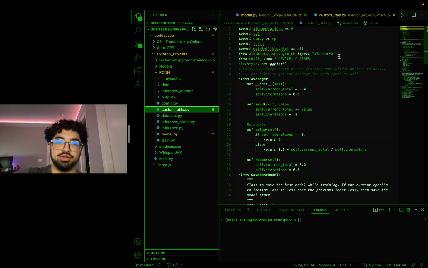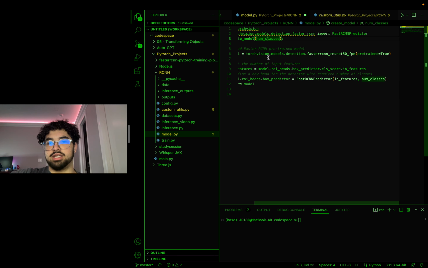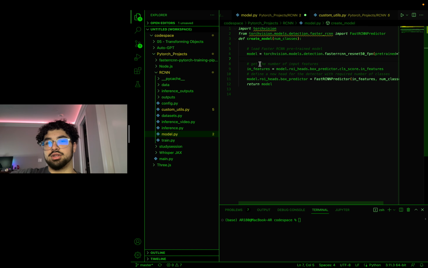I think model.py is a little bit deceptive, because this is a very short piece of code, but there's a lot of stuff that happens, right? So we're importing, we are creating a model. The model is now going to be equal to Torch Vision's pre-trained model, and then we're going to figure out the number of features or heads, the number of input features that we need. So there's 14 different input features,